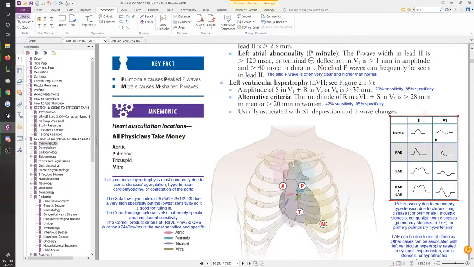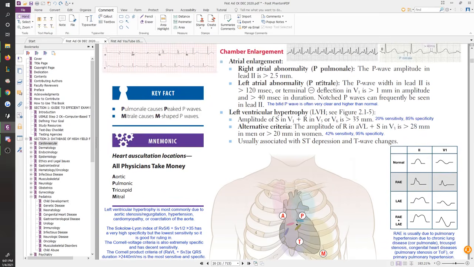Right, so this table here summarizes some of those things we've looked at, right? You have your normal lead 2 and normal V1. That's just how they look. V1 does point up, and V1 is tiny, okay? Then you look for right atrial enlargement and left atrial enlargement. Right atrial enlargement, we just said, is where you have your P pulmonale, which is basically a P wave that's very tall, right? And that's what you're seeing there. With your left atrial enlargement, that's called P mitrale, and you look for an M, and you can clearly see the M here, right? In your lead 2.